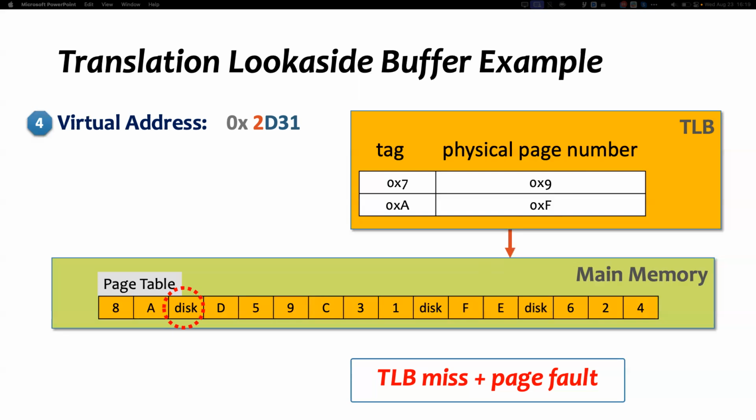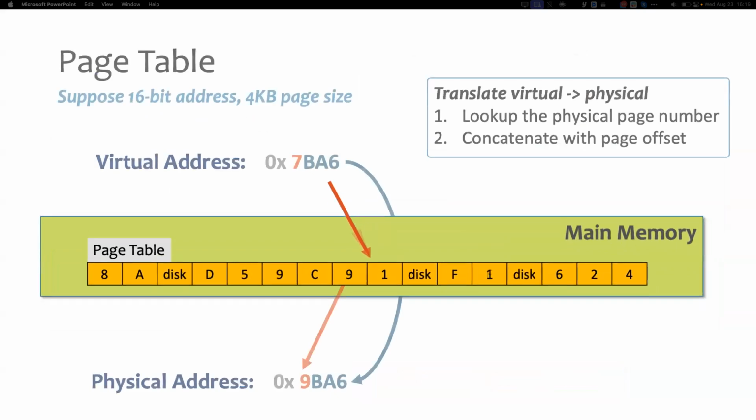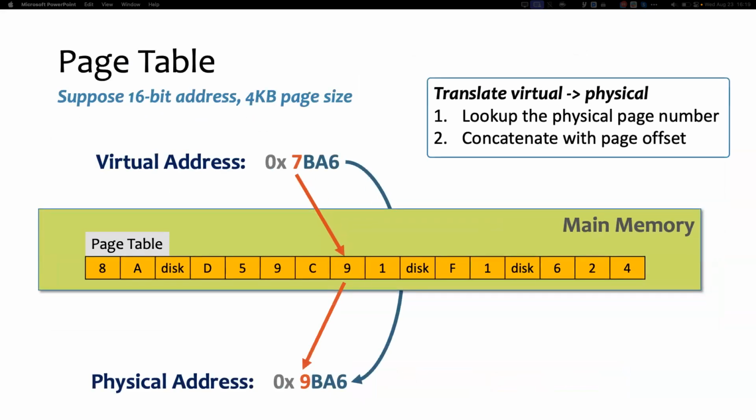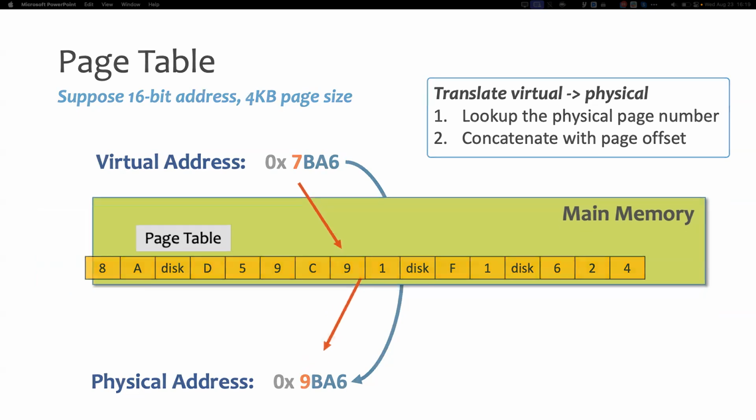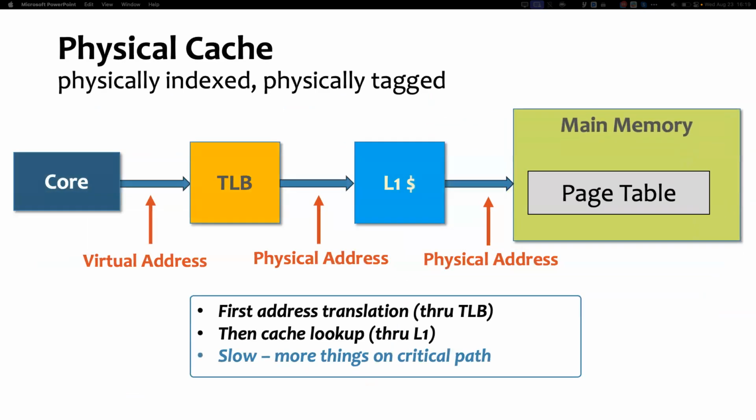So what we have seen so far is the basic page table and two challenges, right? It's too big and too slow. To solve the capacity issue, we use multi-level page table. To solve the speed issue, we use a buffer, the TLB. Now, suppose we already figured out how to do the translation, eventually we need to access a memory, right? So the next question is, how do we use the TLB in the cache hierarchy,